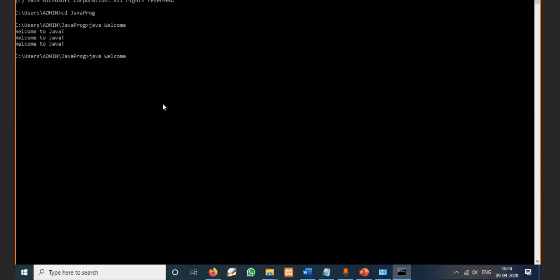By default, it will be checked in the current directory. For every command, by default it first looks in your current working directory. If your current working directory does not have that particular command, then it will go to the path and look for the command there. That is the concept your operating system always follows. Now the same thing here: I gave java followed by Welcome. It means the java command has to take and look for some files. Those files are called class files. So the Welcome.class file is there.